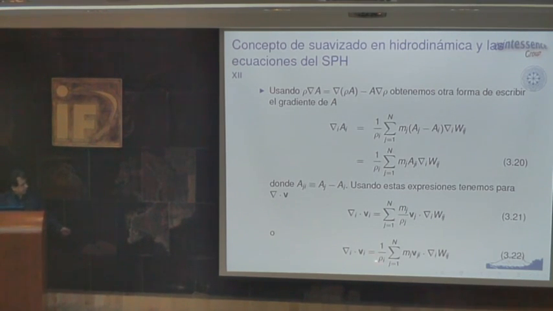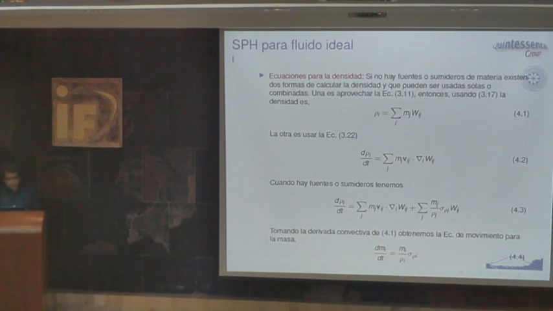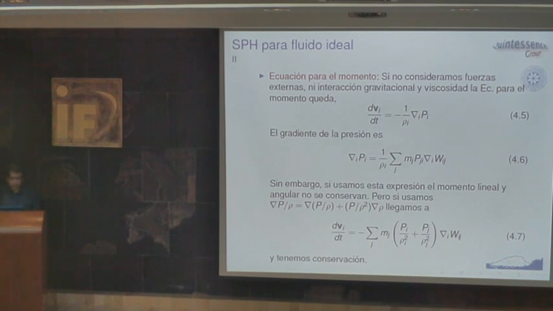Divergence, for example, can be written in this way. And there are some details that we have to take into account. For example, this is the expression for the velocity, the equation of the velocity of a particle, and the gradient of the pressure is this one. However, this expression does not concern linear momentum and angular momentum, but we can use this relationship